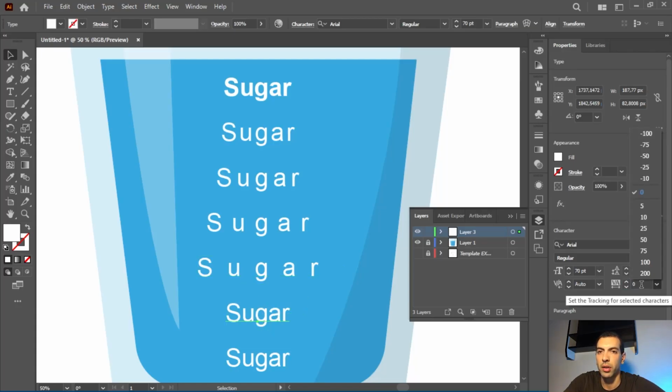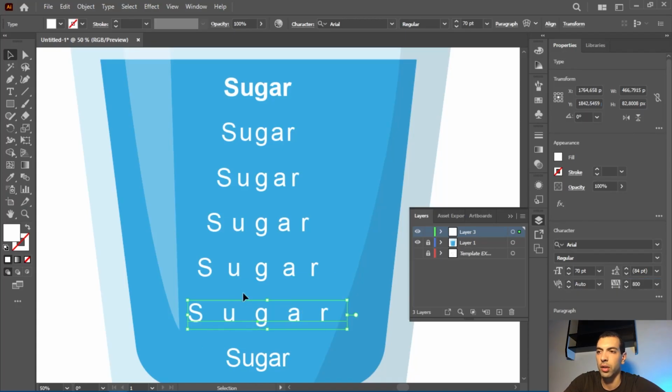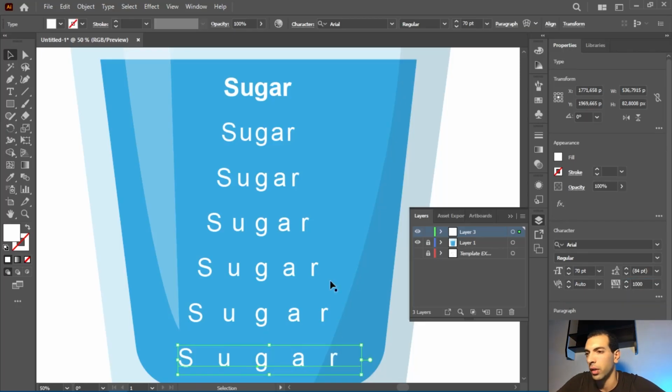This I'm gonna set it to 800 and this text I'm gonna set the spacing to 1000 like this. Now I'm gonna change the opacity. I'm gonna change the opacity of this selected text to 10%, this